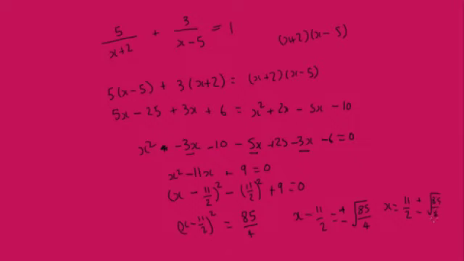Now the square root of 4 is 2, so what we can do here is take the half out and have 11 plus or minus the square root of 85, all over 2. Now you would leave it in this form because you're going to get some horrible big decimal if you solve it. This is a more elegant way to put the solution. So I hope that